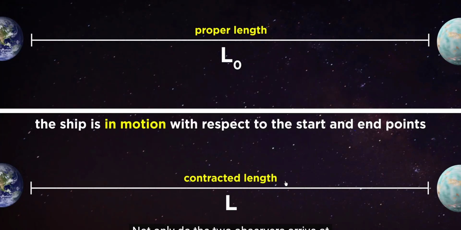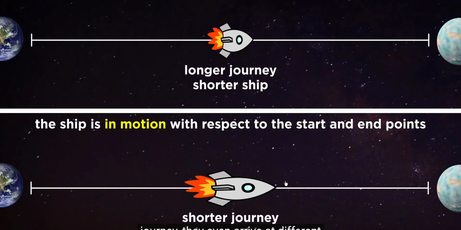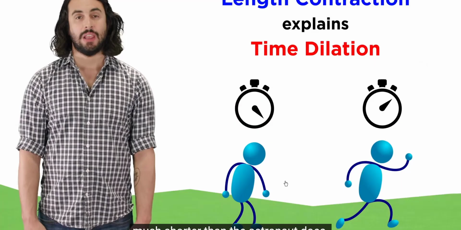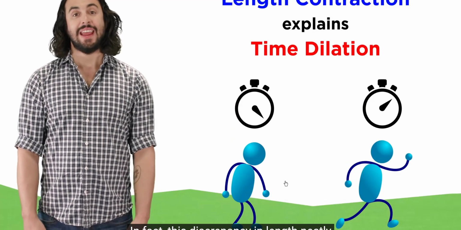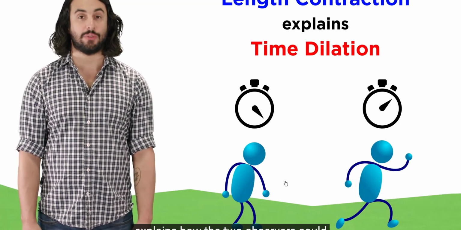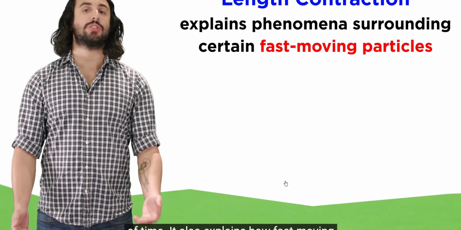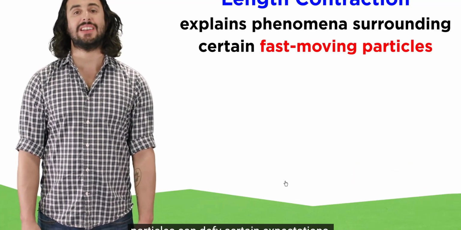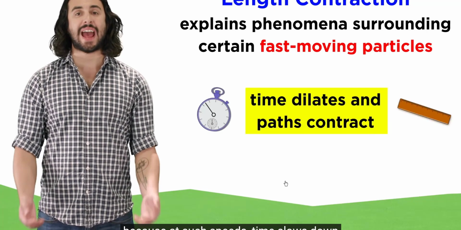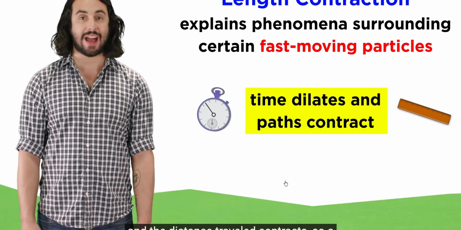Not only do the two observers arrive at different values for the length of the journey, they even arrive at different values for the length of the spaceship, as this dimension is parallel to the direction of travel. The Earthbound observer would see the ship as being much shorter than the astronaut does. In fact, this discrepancy in length neatly explains how the two observers could perceive different rates for the passage of time. It also explains how fast-moving particles can defy certain expectations, because at such speeds, time slows down, and the